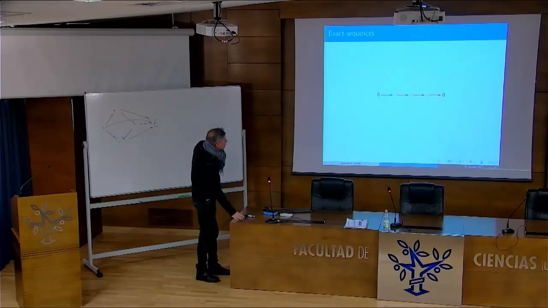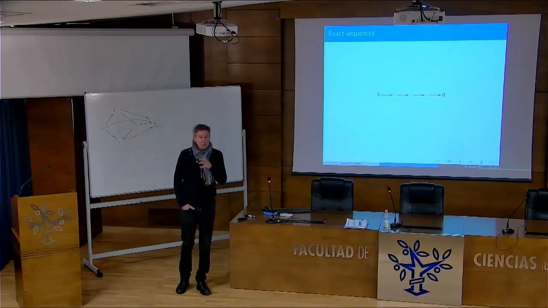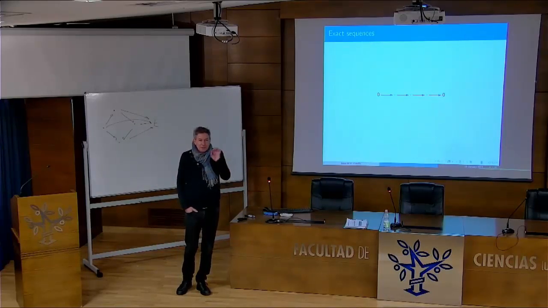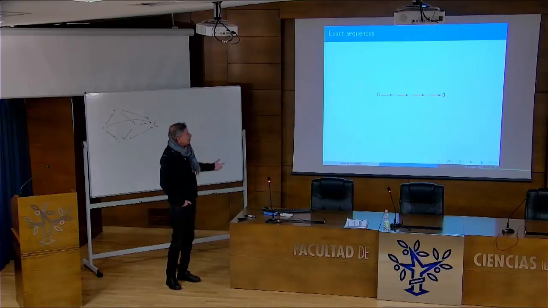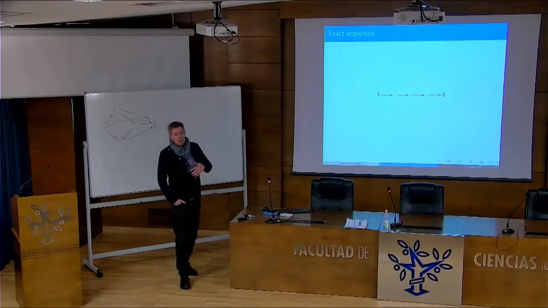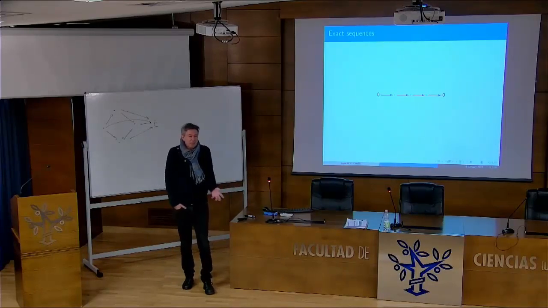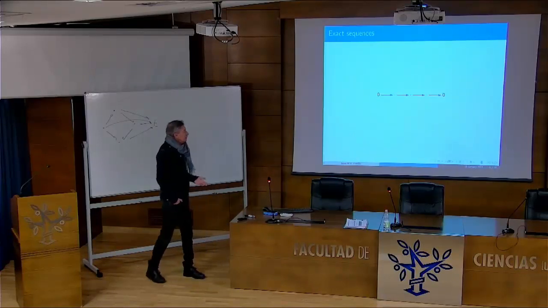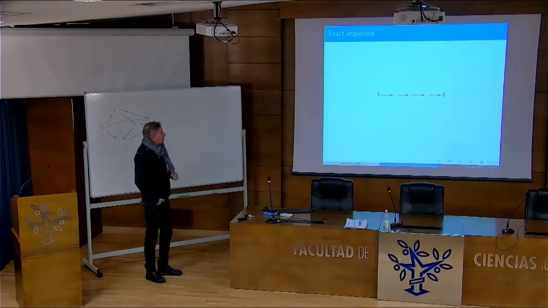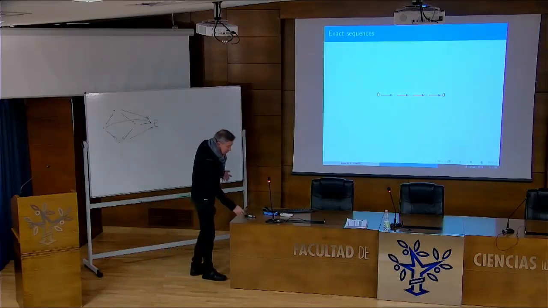Then we have exact sequences. You can see I don't bother with the names of the spaces, the dots. An exact sequence is a diagram like this, but with the property that the kernel of each arrow is equal to the image of the previous arrow. At least in Banach spaces it is that. Categorically speaking, it's a bit different, but well. And the nice thing is what happens when you mix both exact sequences